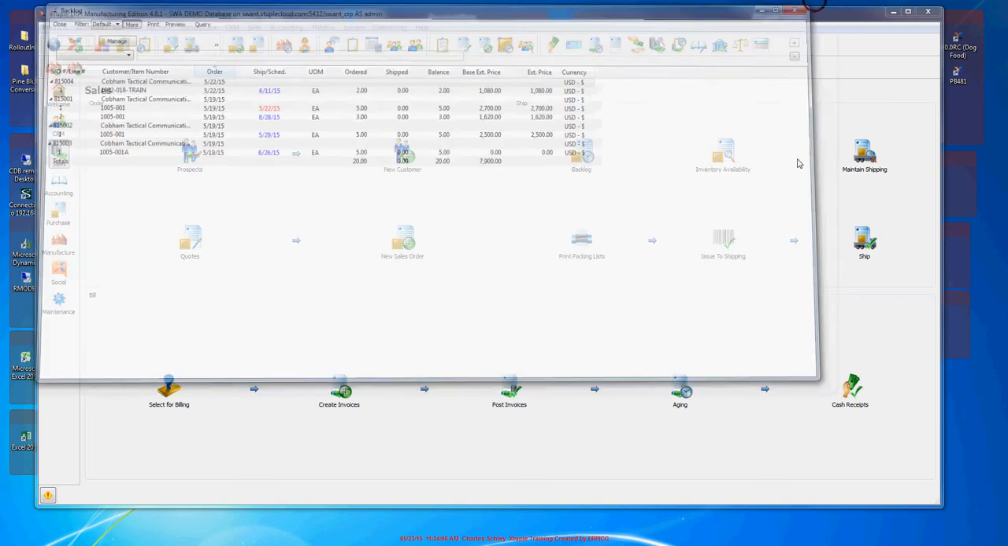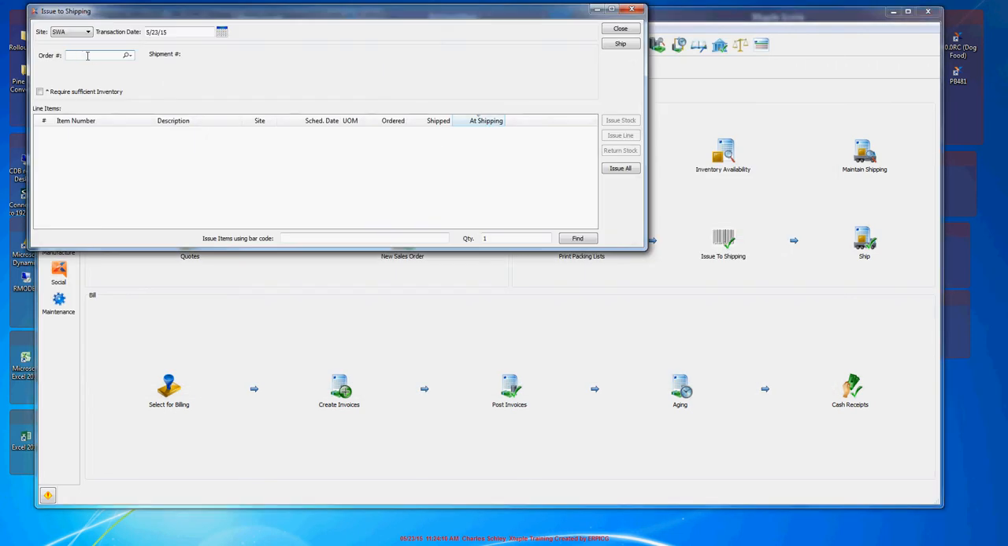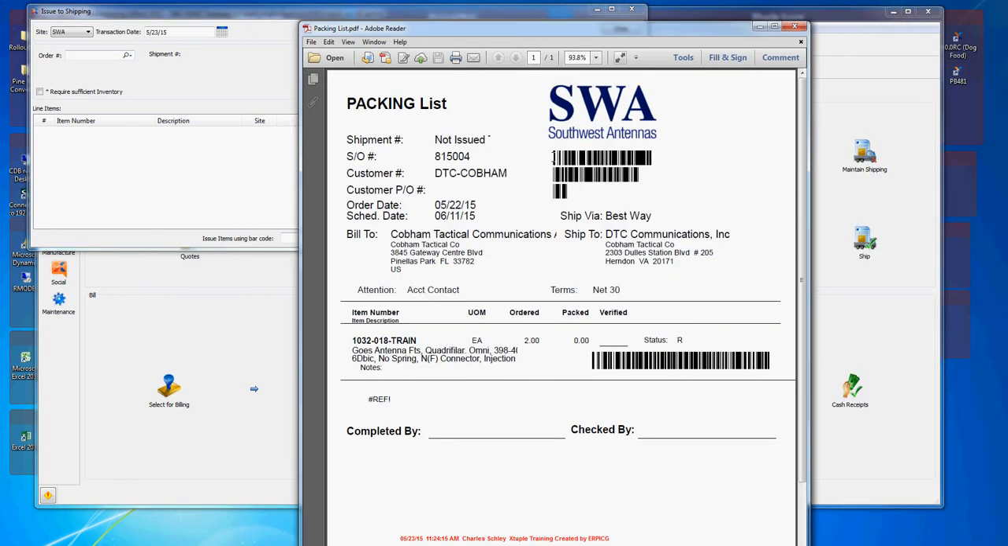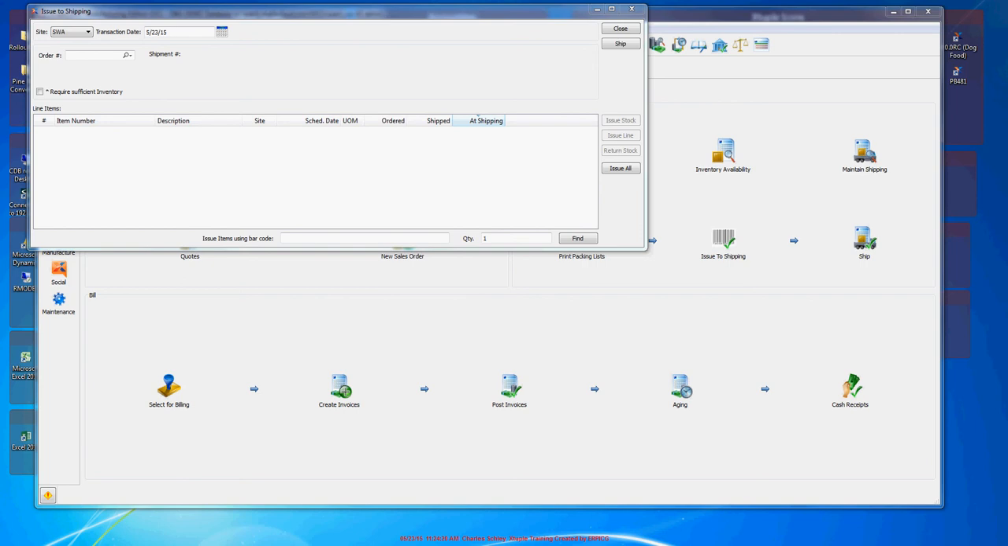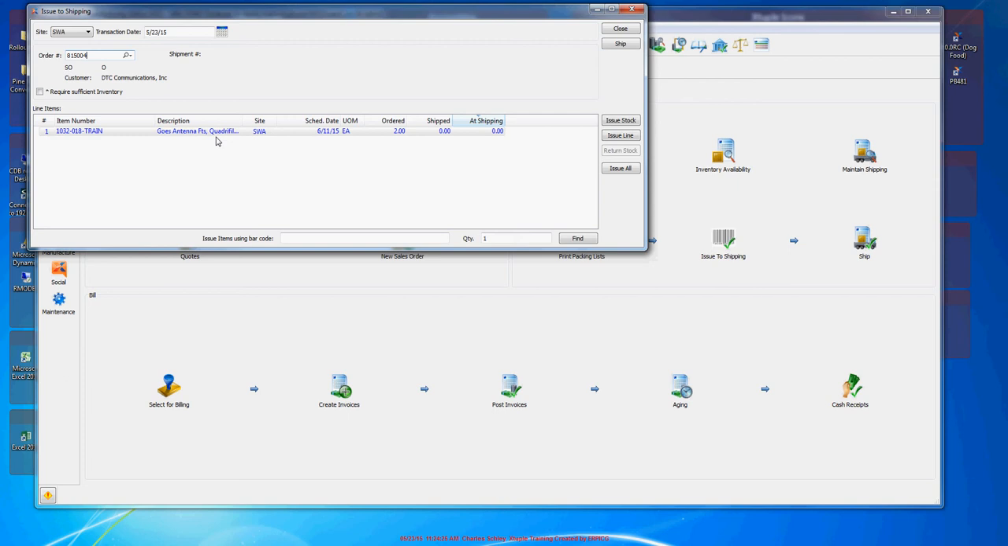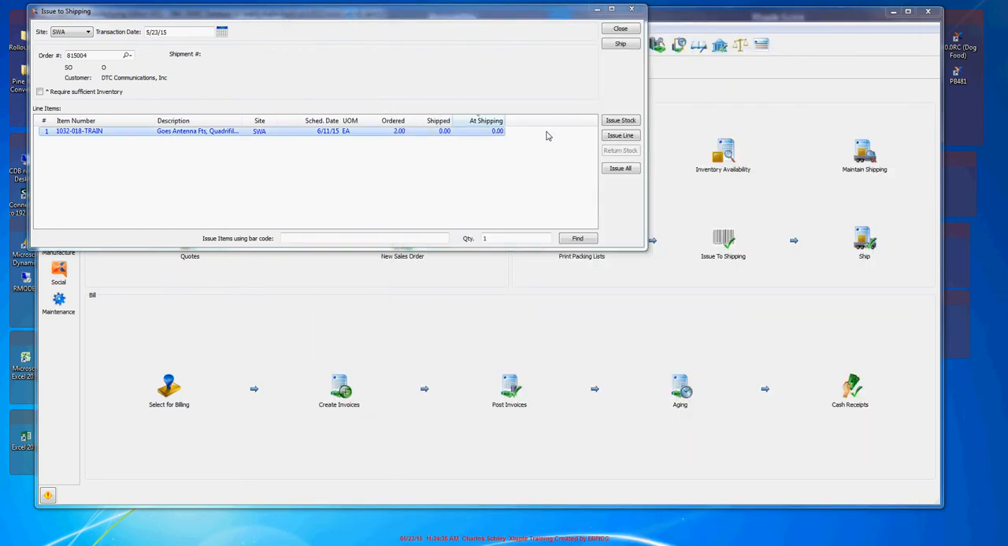Then I would navigate to issue to shipping. I would scan this number. And if I had multiple lines, I could scan this barcode to get the right number that I'm working on. Or of course I could just highlight it and issue to shipping, but if I use that one and scan that,